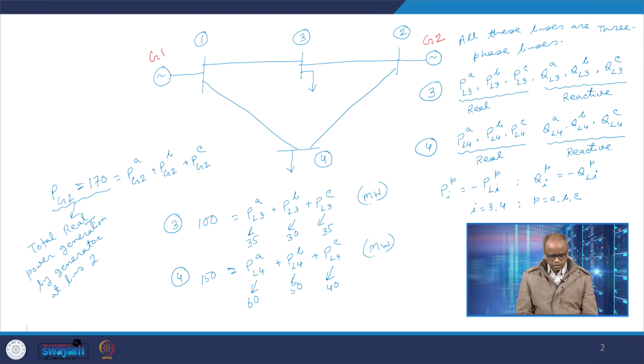But then at bus 2 there is a generator. I know what the total generation is, say for example 170, and that total generation would be equal to the sum total of the generation from phase A, phase B, phase C. But then we really cannot pre-specify the individual generation from each individual phase. Just to